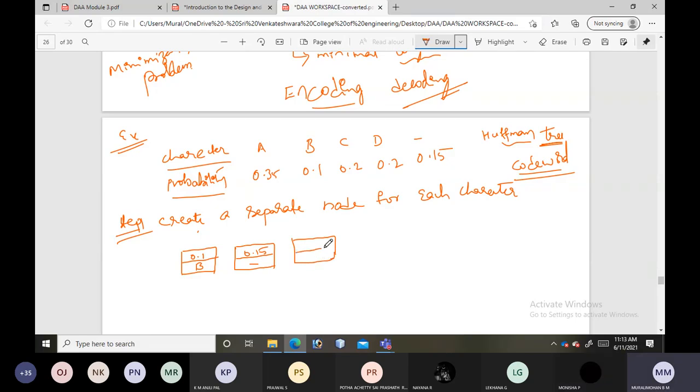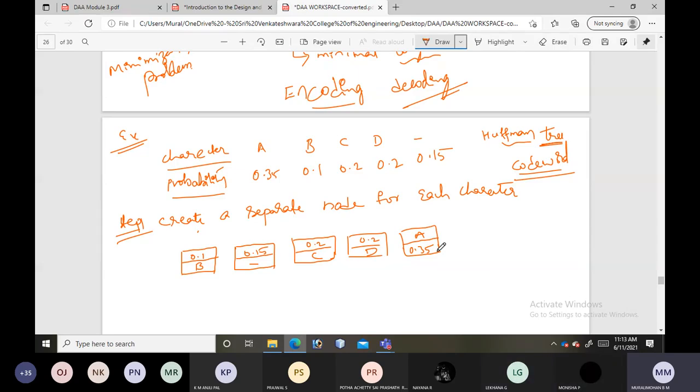Next is 0.2, that is for C, and again 0.2 for D. Next is A with 0.35. Is it clear? Kindly respond, please.